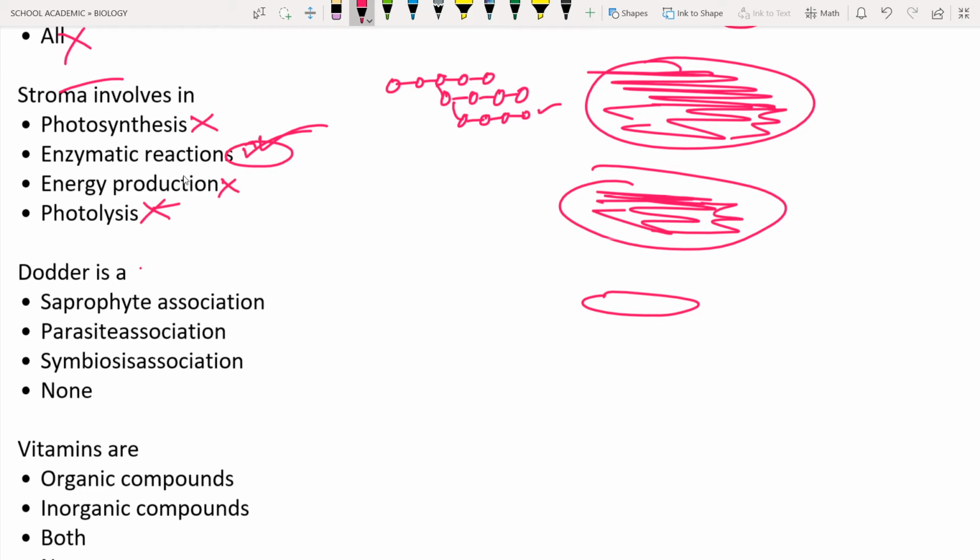Okay. So next, the question about the daughter. The first one is saprophytic association. What is saprophytic association? Let us consider this is one organism, and if one organism is depending on other food substances or dead organic substances, it is known as saprophytic association. The substance is going to release enzymes. The digestion of the food material will occur, and after the digestion the food material will be absorbed by this organism. That is known as saprophytic association.